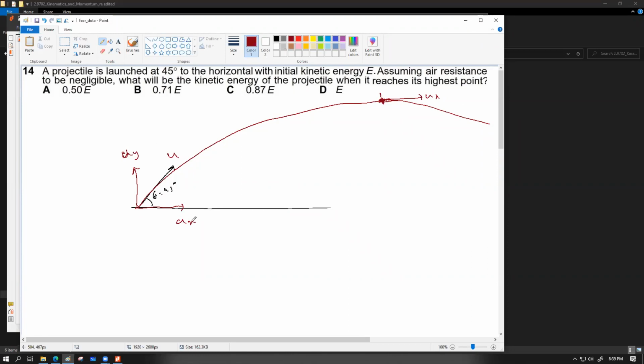Now, try to understand. Ux এর numerical value কত হবে? U cos 45, না? Cos 45 value হচ্ছে 1/√2. That I know. You might not, but you can try it from your calculator. এটা বের করার কারণ হচ্ছে এই পয়েন্টের টোটাল কাইনেটিক এনার্জি হবে half m ux squared, which can be expressed as half m u into 1/√2 whole squared, which gives you half m u squared into half, which is 1/4 m u squared. এটা হচ্ছে এই পয়েন্টের কাইনেটিক এনার্জি।